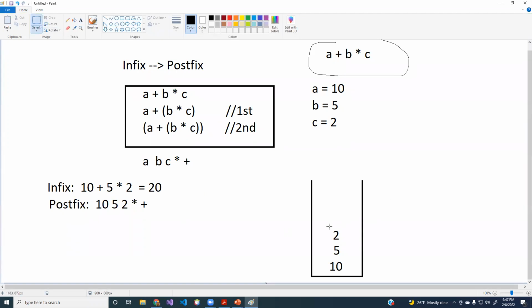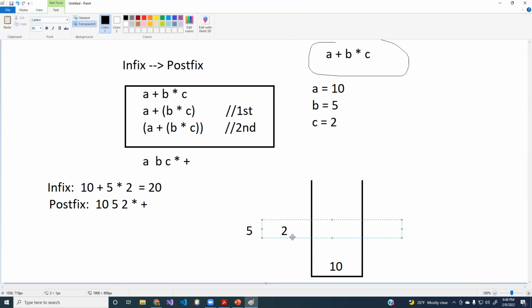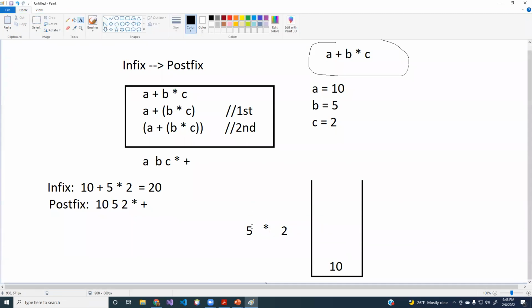What I do is I pop the first item that I encounter, and then the second item becomes the first in the expression. And you look at them as if they're having that applied to them. If it were infix, it would look like this. So 5 times 2 is what? 10, right? So you take that result, 10, and you push it onto the stack. Okay, so I popped those two off, multiplied them, and then pushed the result back onto the